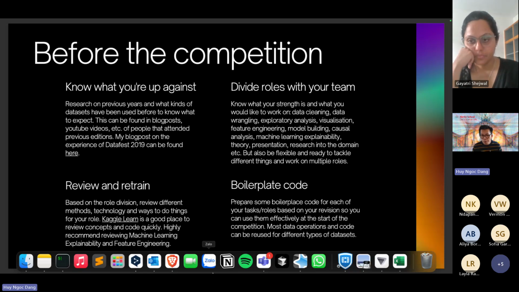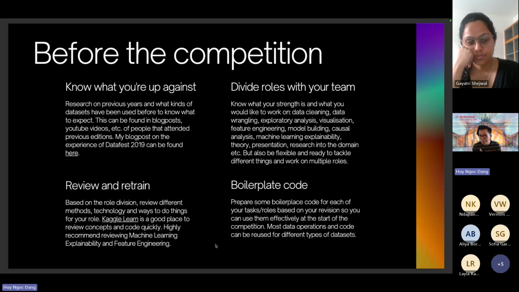So one thing that I see a lot of teams lose out on is basically time on the last day. A lot of teams only start to work on the presentations on the very last day of the event, which is very counterintuitive, because when you present, it's only your presentation that people see, right? They don't see the code that you're writing. They don't see all the work that goes on behind the scenes. They only see the presentation.